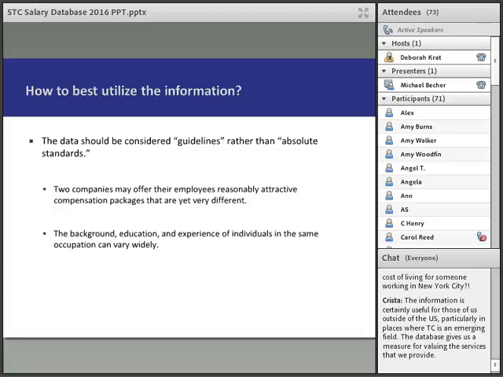And again, with the backgrounds and education and certifications of people within the profession, those can vary greatly, from the person who just graduated to that seasoned veteran with 30 years of experience and top-level education, and they manage teams. There's a lot of variance there. So you just have to be able to look at this information, reflect on yourself, reflect on the peers that you know, and find out where you fit in amongst that, from the just graduated person to that person who's winding down in their career.